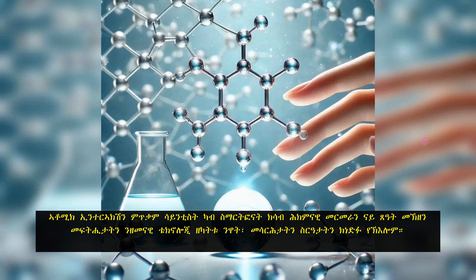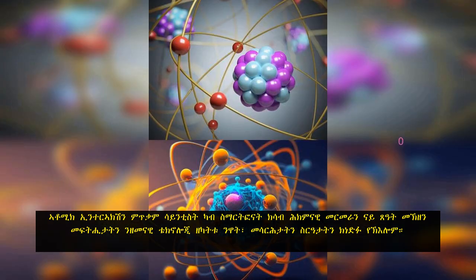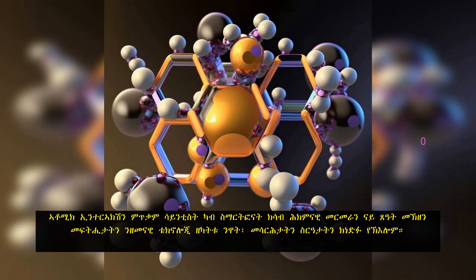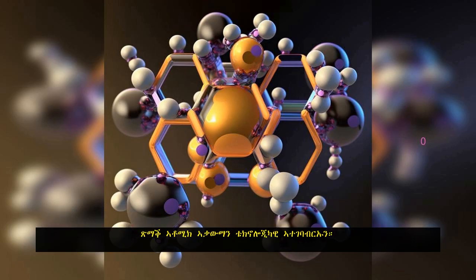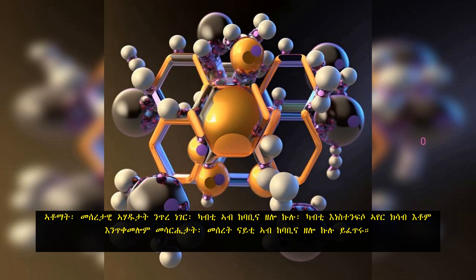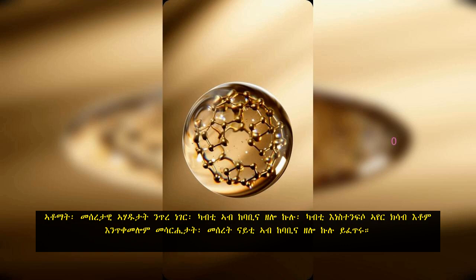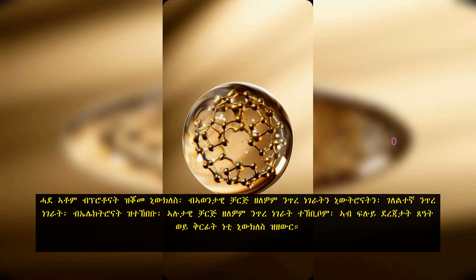Understanding atomic interactions enables scientists to design materials, devices, and systems that power modern technology, from smartphones to medical diagnostics and energy storage solutions. Summary of atomic structure and its technological applications. Atoms, the basic units of matter, form the foundation of everything around us, from the air we breathe to the devices we use. An atom consists of a nucleus, made up of protons, positively charged particles, and neutrons, neutral particles,